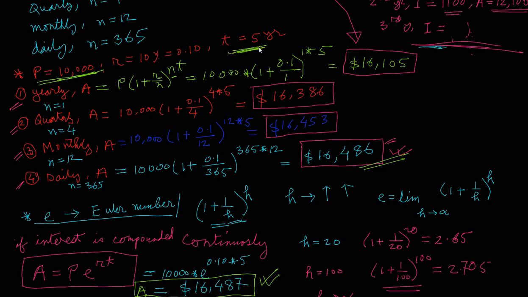In that case, your A will be much larger. You can do that math at home, and you're going to find you are paying lots of money to the bank. So in my opinion, it is not a good idea to take a mortgage loan. If you can buy with cash, that would be better. Okay, all right, thank you, see you in the next